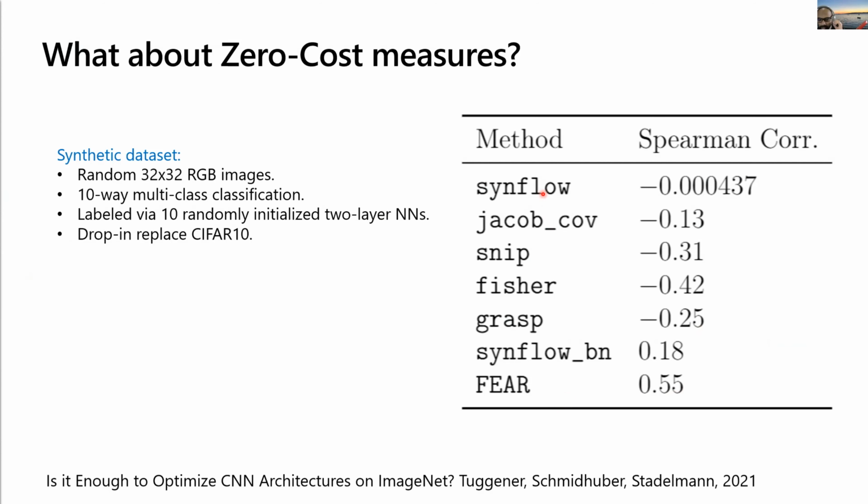And there has been a recent paper from Tuggener, Schmidhuber, and Stadelmann, who showed that the rank of architectures, CNNs, they took an architecture space which is very similar to DARTS, if not exactly DARTS. If you take that and run it on different data sets, training them from scratch, the ranks are not correlated to each other. Something that performs well on the full ImageNet data set is usually not the top performer, or sometimes is actually a weak performer on Aircraft or Power Line or some other data set, right? So things with, sorry, go ahead.